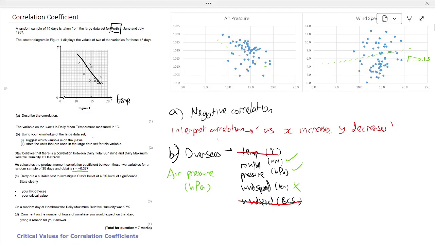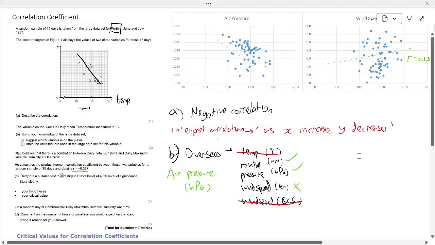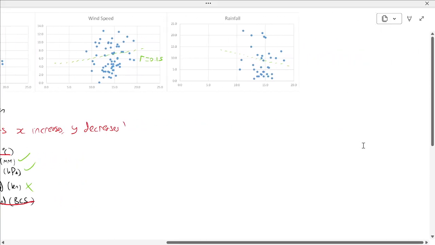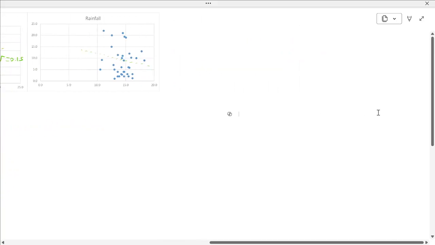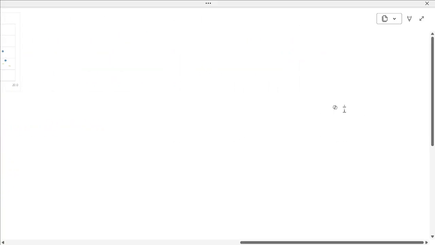Okay, so to explain this topic from the very beginning, you need to know what this PMCC actually measures. And this is just a measure of how strong a correlation is. Okay, so I'm going to scroll over to the side and sort of draw this out. So when you have two variables,